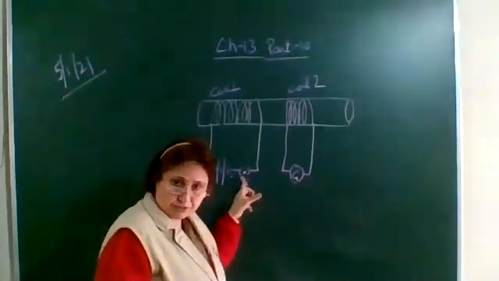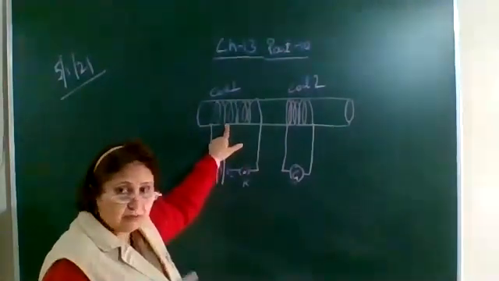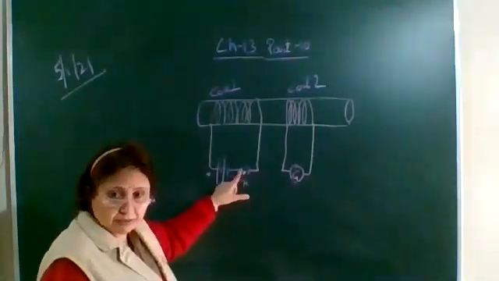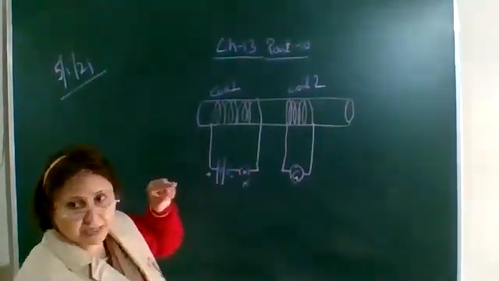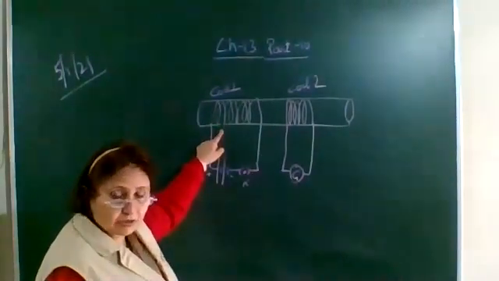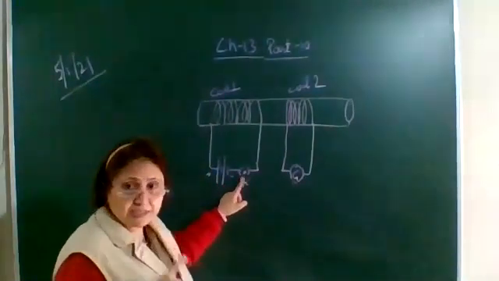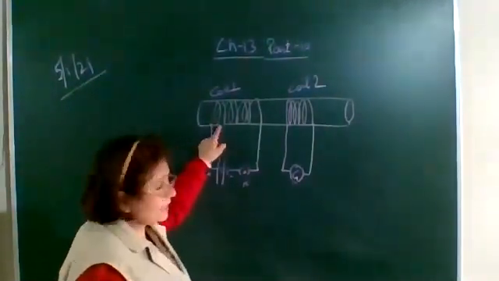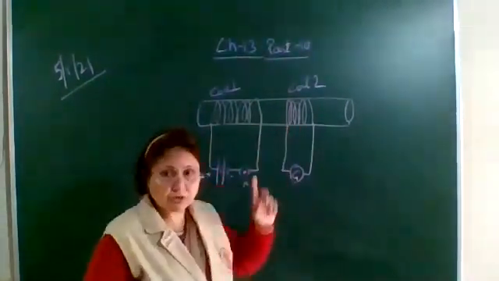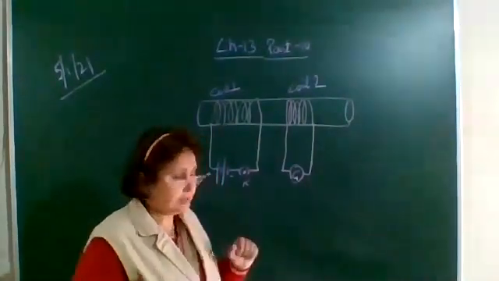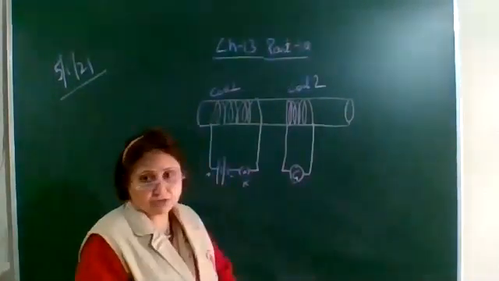As the key is inserted or as the key is taken out. Key kept inserted, the current in the coil becomes steady. As soon as you insert the key, the current in coil 1 increases. Or as soon as you take out the key, the current in coil 1 becomes 0. So the magnetic field is changing. But if the key is inserted, now the current becomes steady in coil 1. So the magnetic field lines of this coil also become stationary, become steady. Then no current will be produced in this second coil. The galvanometer will not show deflection.